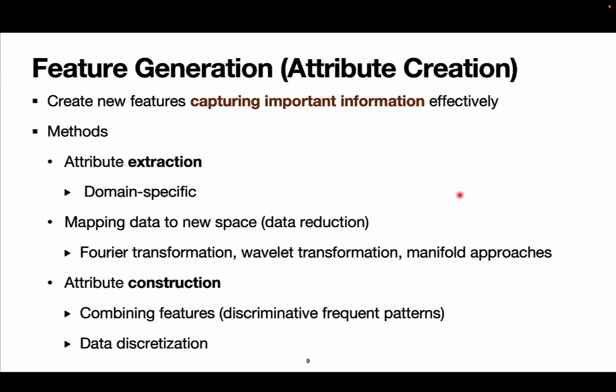Feature generation, also known as attribute creation, is a process to create new features from existing data to capture important information effectively. Some of the methods are attribute extraction, which involves creating new features based on domain knowledge. Also, data reduction can be thought of as a feature generation method, and attribute construction, as we combine existing features